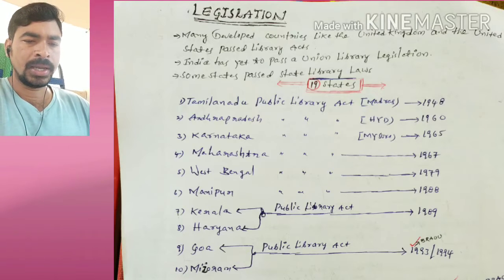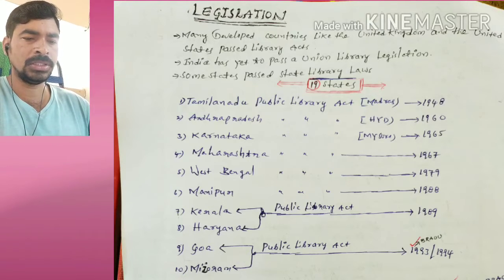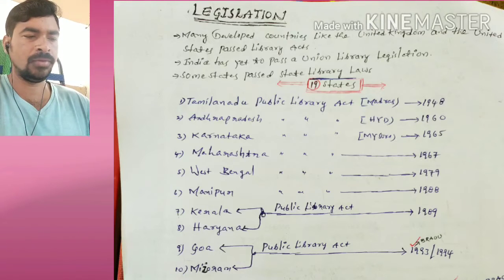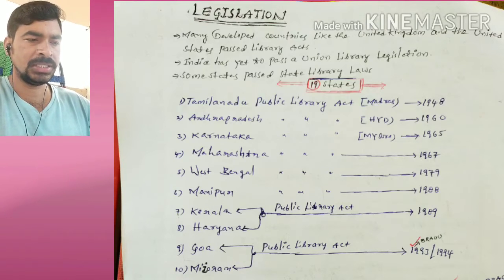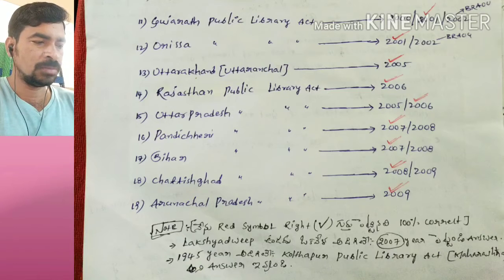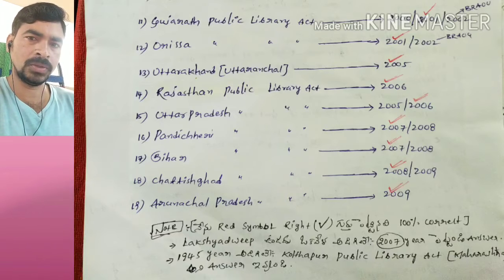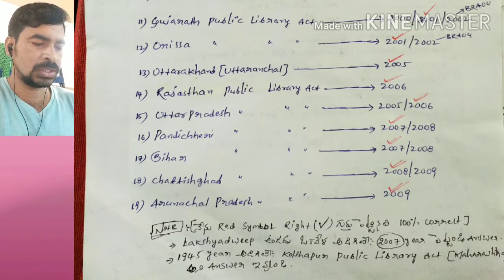Tamil Nadu Public Library Act 1948, Andhra Pradesh 1960, Karnataka 1965, Maharashtra 1967, West Bengal 1979, Manipur 1988, Kerala, Haryana 1989, Goa, Mizoram 1993 is the correct. Gujarat Public Library Act 2001, correct. Orissa 2001, Uttarakhand 2005, Rajasthan Public Library Act 2006, Uttar Pradesh 2006, Pondicherry 2007, Bihar 2007, Chhattisgarh 2008, Arunachal Pradesh